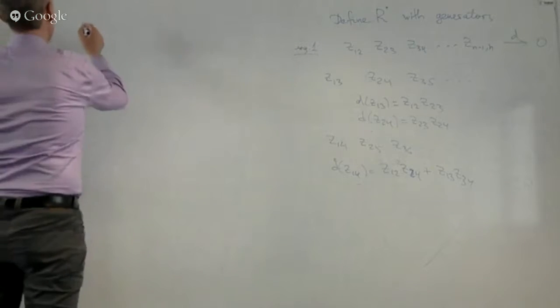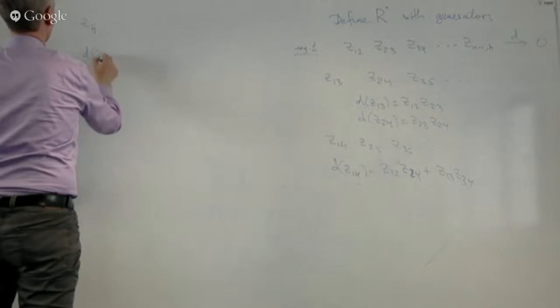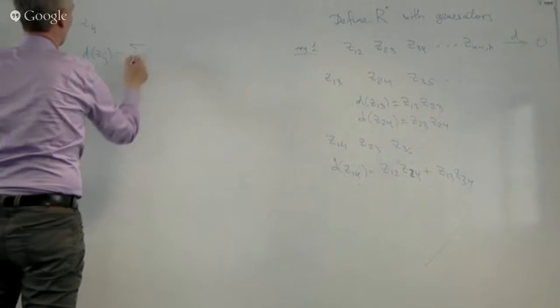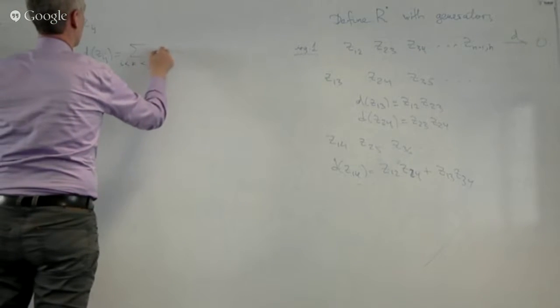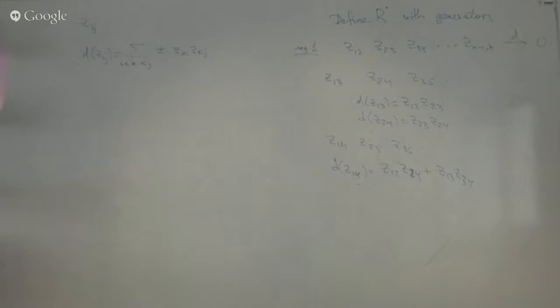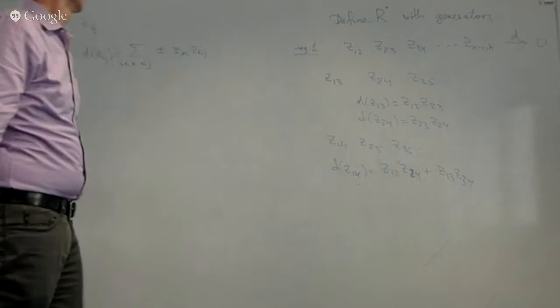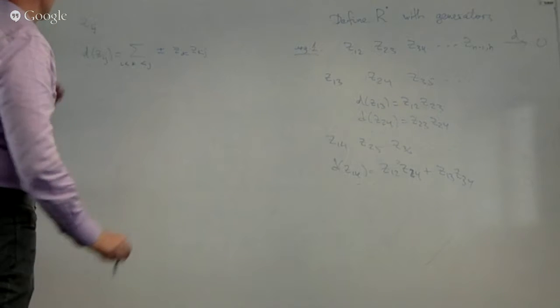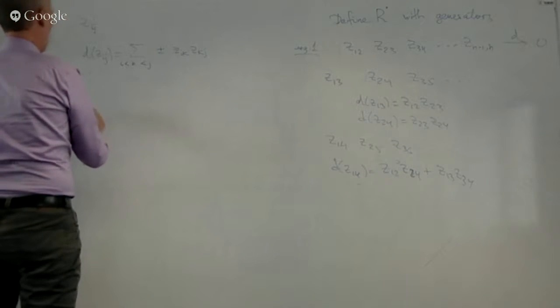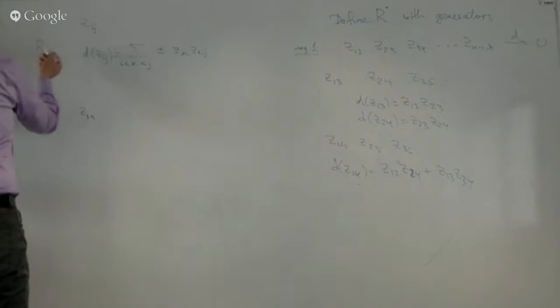So we have generators Zij, and D of Zij equals the sum over k between i and j of plus or minus Zik Zkj. And each time what I write. Why do you want it to be quadratic? You could have also, but then all the way up to Z1n. So then, in this algebra R or Rn,